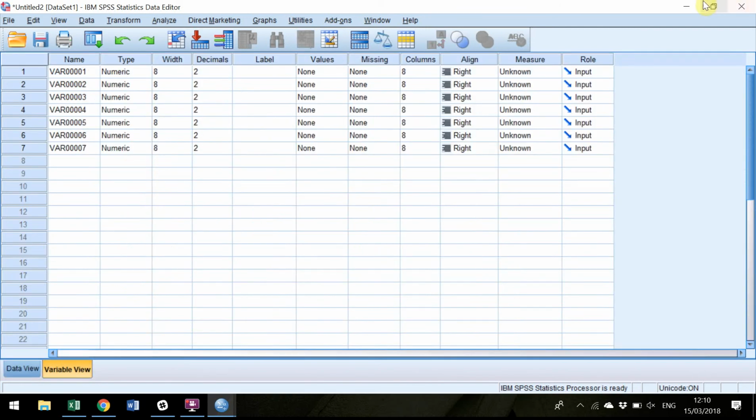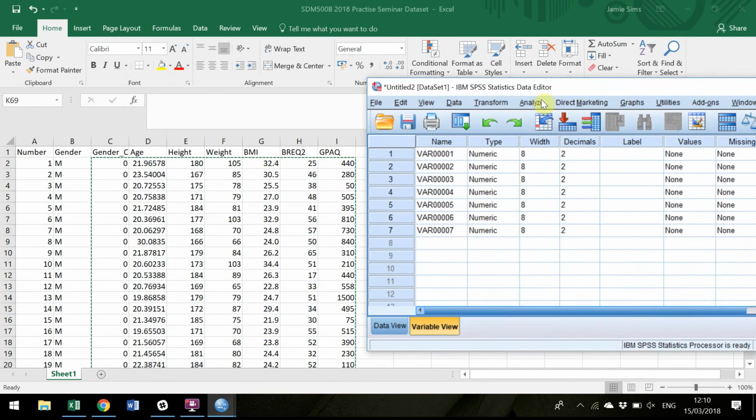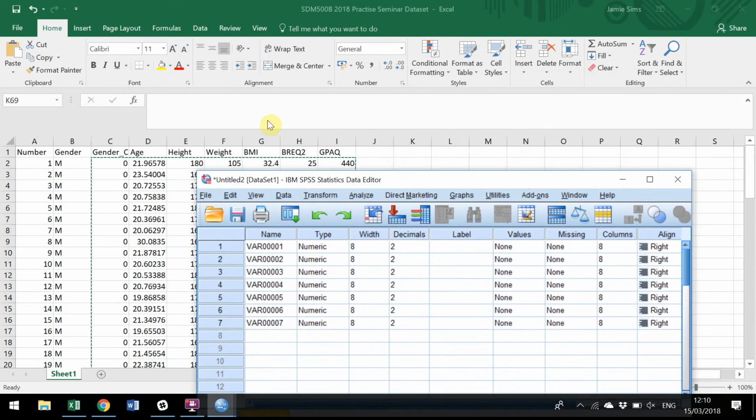The best way I know to do that is to make that window smaller. And then certainly for variable code, so that is gender underscore code. I'm just going to go through all of those: age, height, weight,